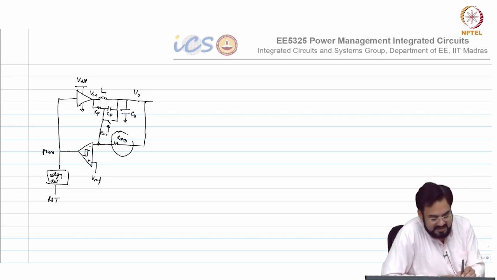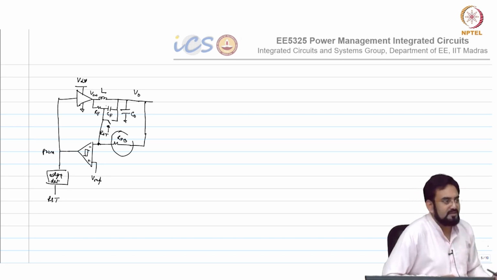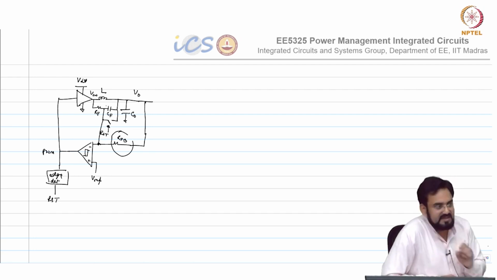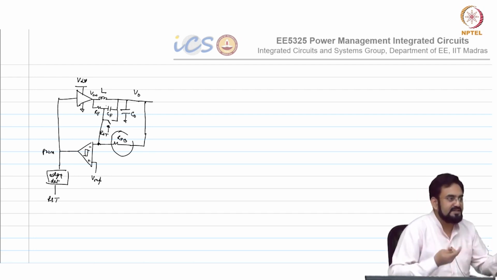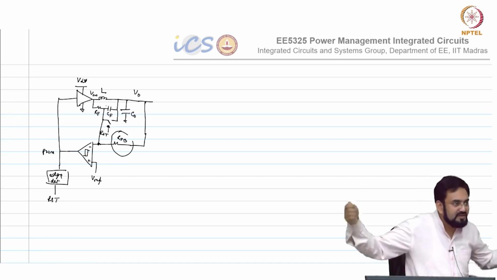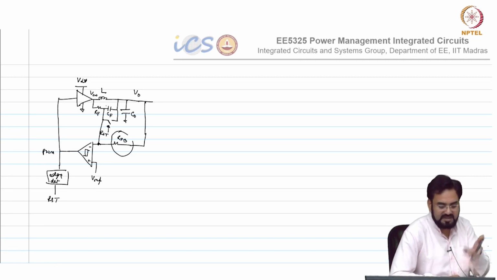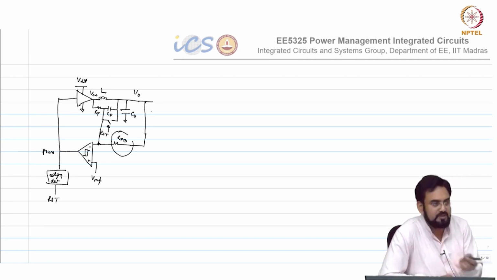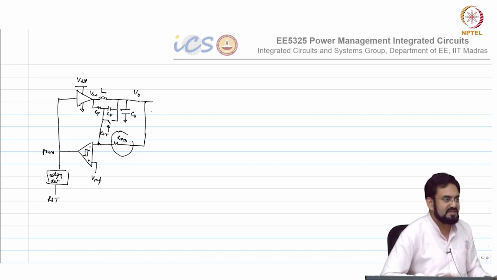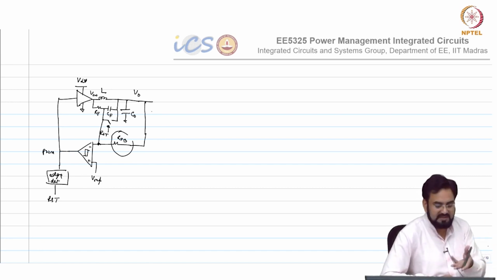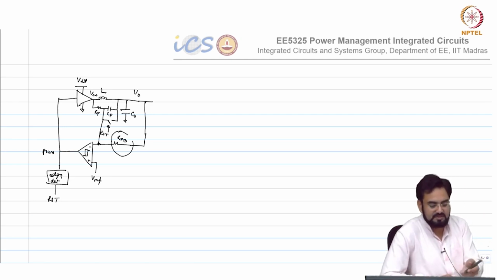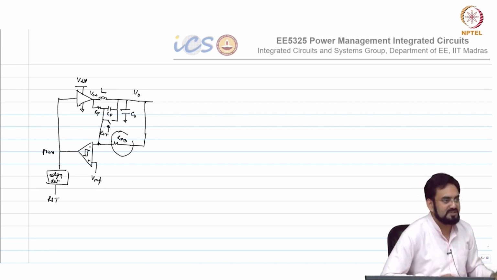You want to make sure the AC component here is your ripple and the DC component is V out. So how do you add the AC and DC? If you short your AC and DC, then who will dominate? Then DC will dominate, obviously. So your V out will dominate and it will look the same as the output ripple. Then you will again get the same instability, which is effectively making it voltage mode control. If you directly short this, then this RF CF filter is useless in that case.